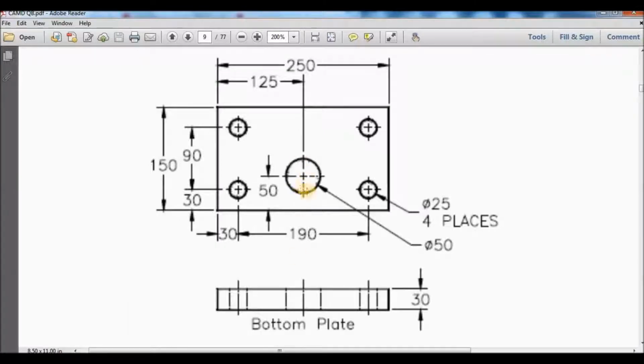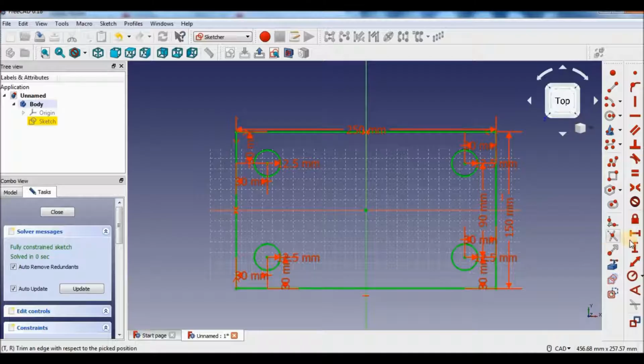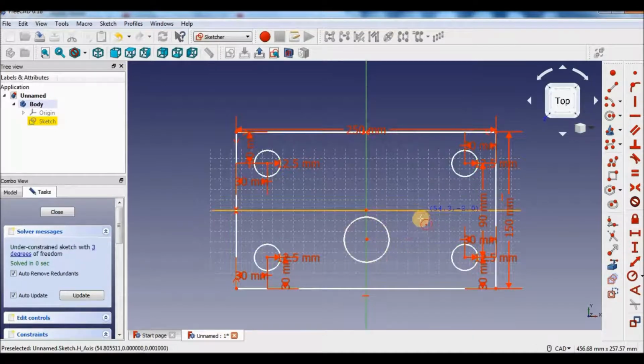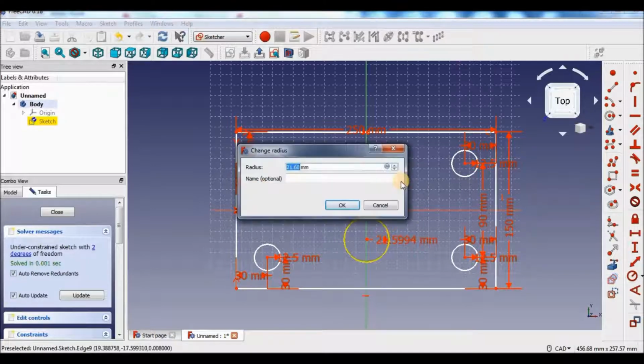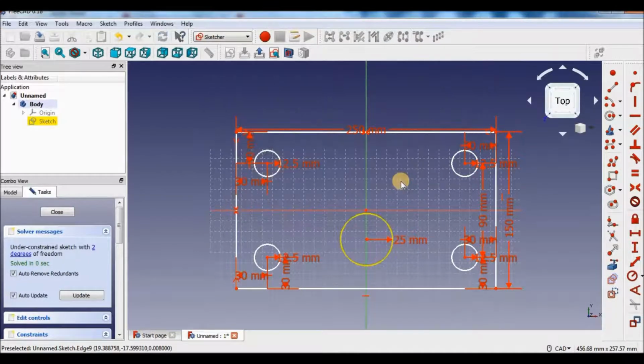We'll draw the last circle, the diameter of 50 and the distance from the bottom line is 50. So circle, diameter is 50, so radius is 25.